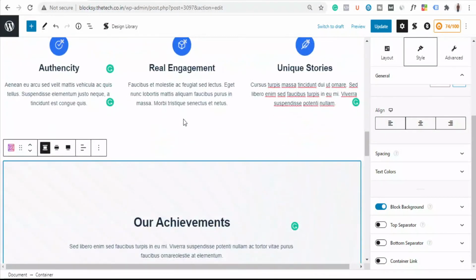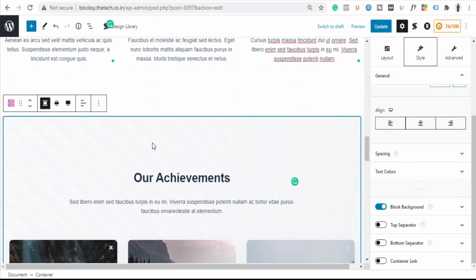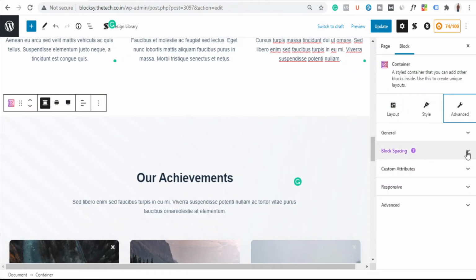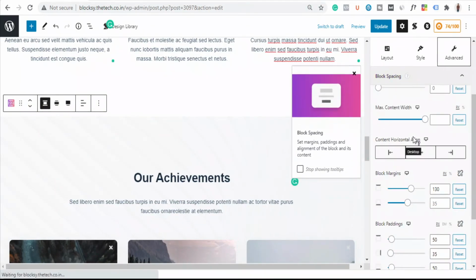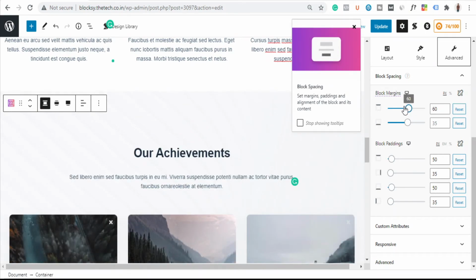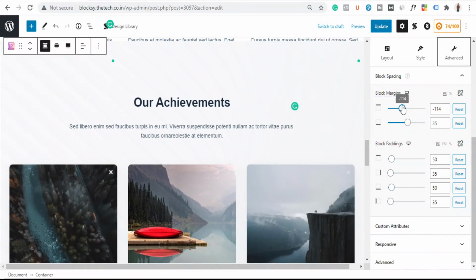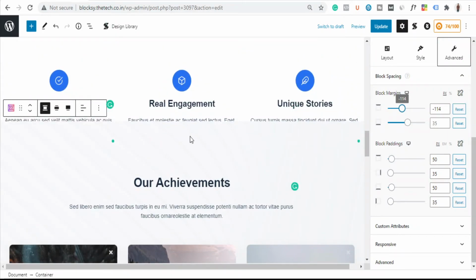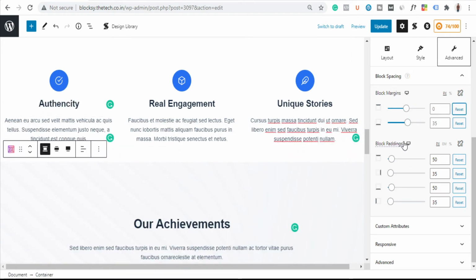So guys, again you can see that we have a huge amount of gap here at the top and the bottom. Then how to reduce that? Just click over this section, just go to this advanced option here. I think now you are comfortable with it. Just go to this block spacing and then reduce the top margin basically. So you can see this space is going less, but since we have chosen margin, the entire block is going up. Okay, so let's first click on reset here and let's go to this block padding.